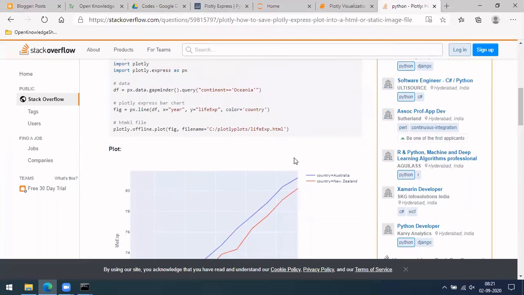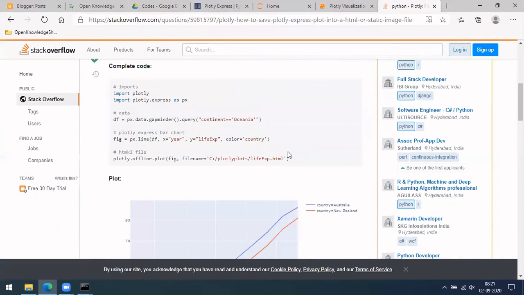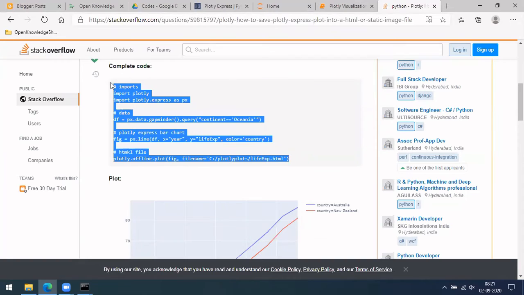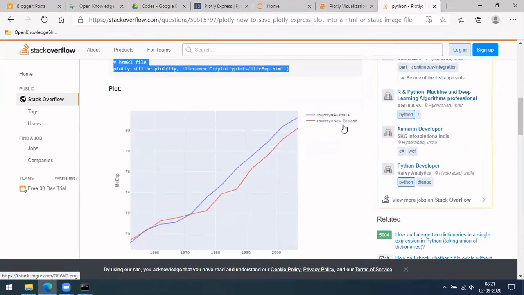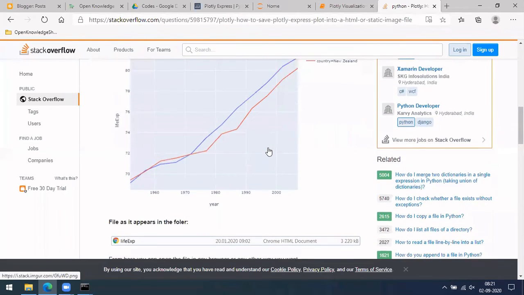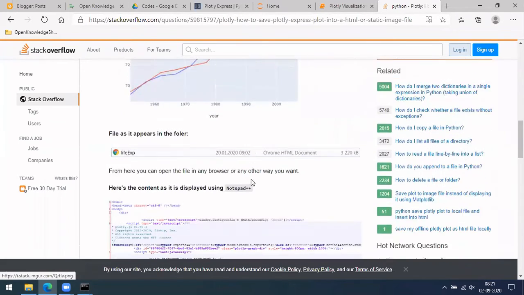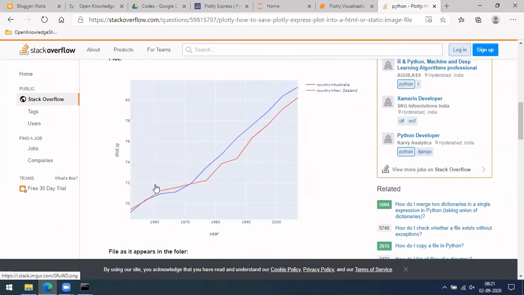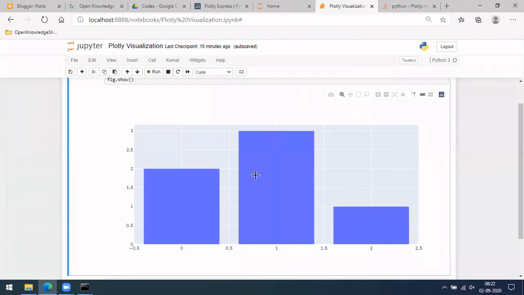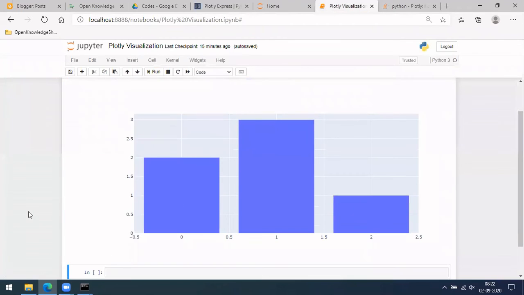If you can see here, this is one such thing where the data you have, you can specify the file name here as .html, which will open your folder. It will be saved as an HTML document. If you open it, just this graph will be there, where you can do the same interaction as you have done here. So let's try to do that.